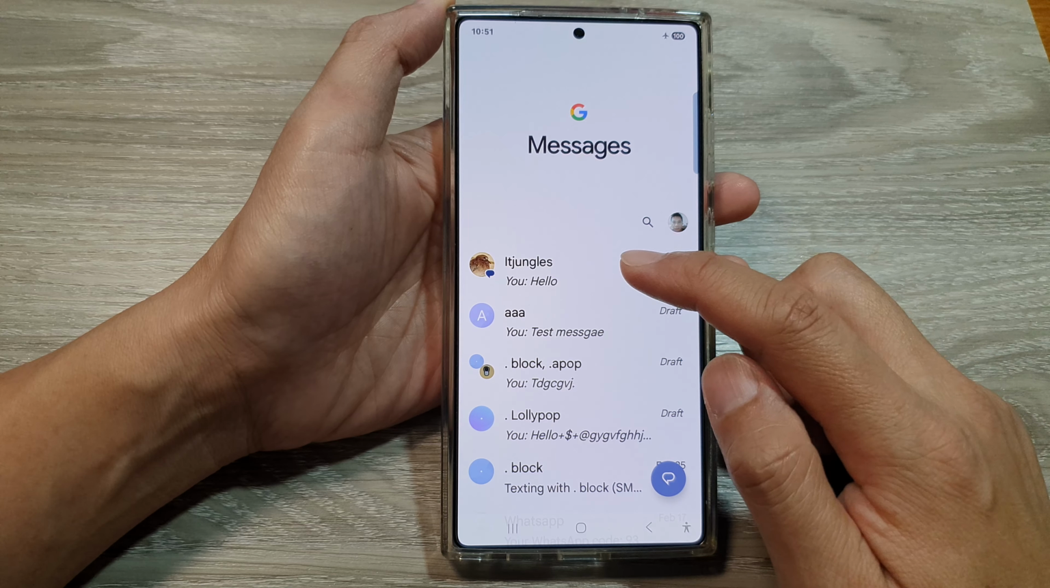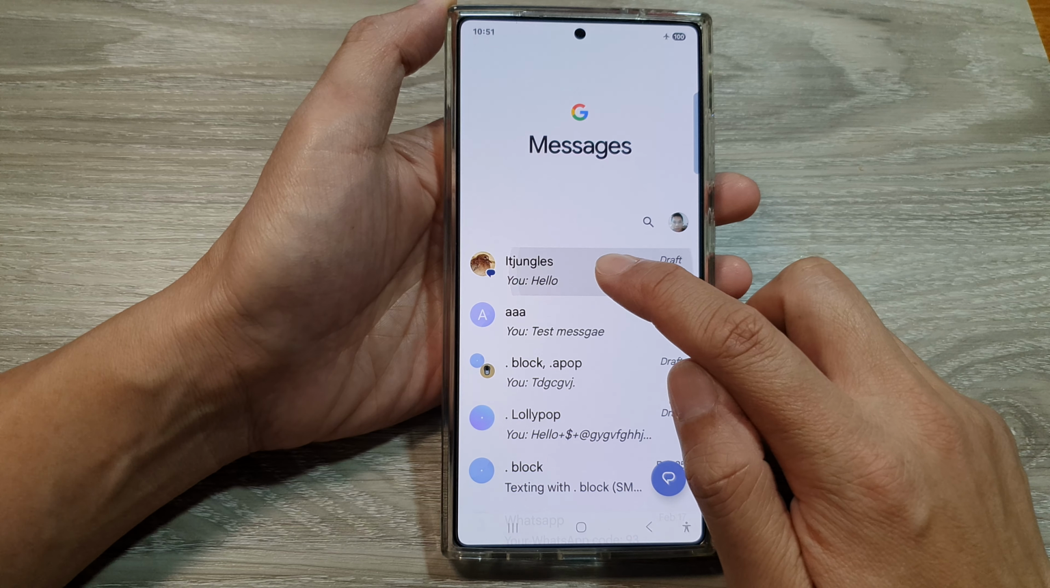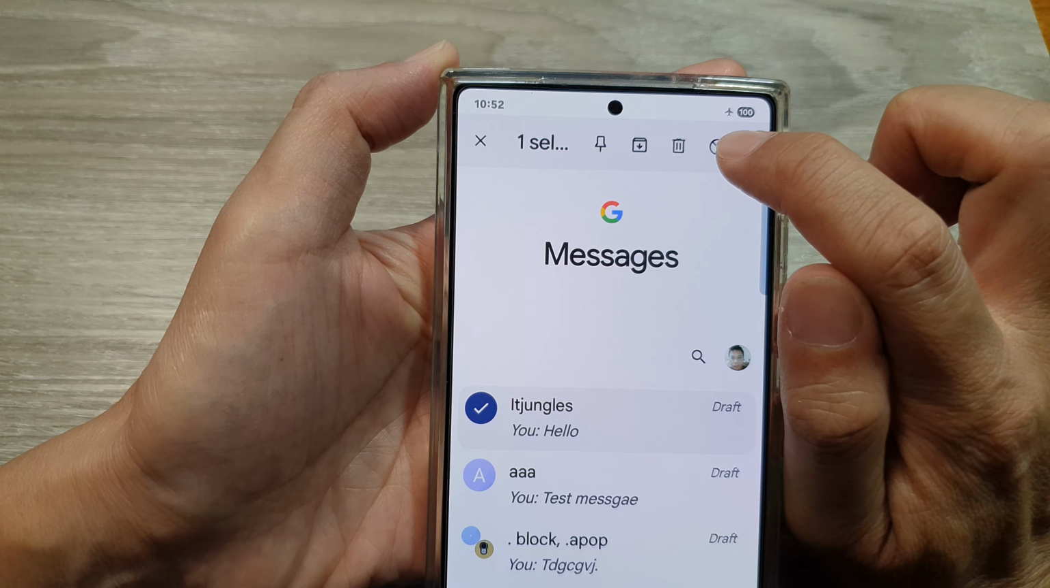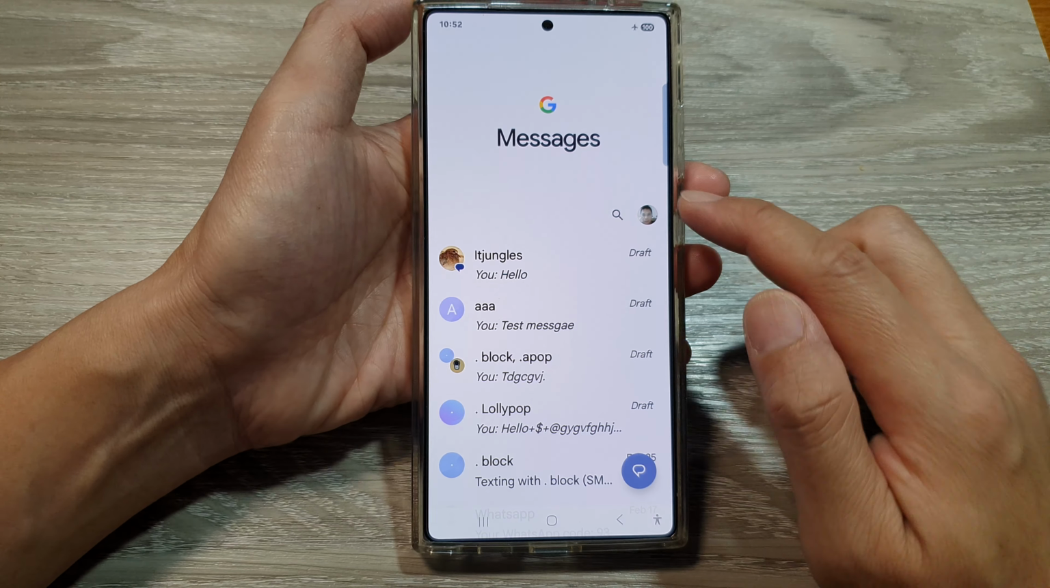Next, in the list here, open up the text message that you want to block, or you can simply do it from this list here. So touch and hold on the conversation. At the top here, there is a block button, so tap on that, and then tap on yes to block